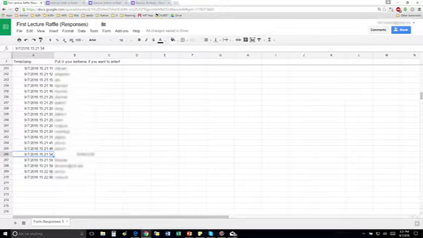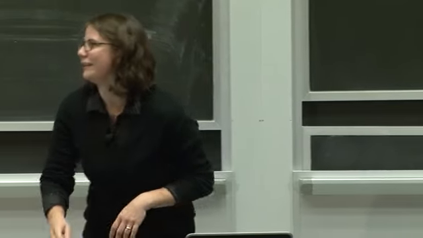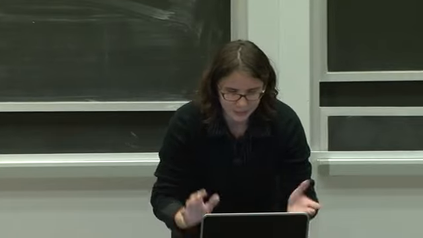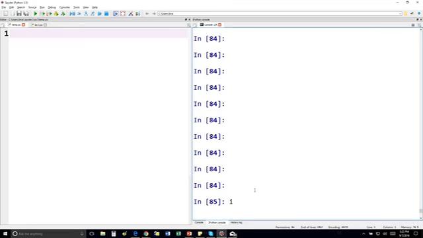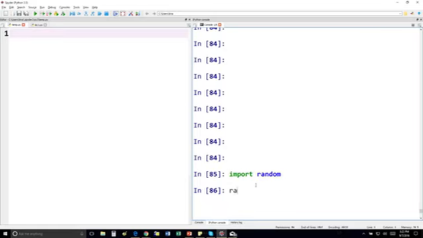Oh, we just got, okay, I'm going to cut it off right here, 271. Okay, 16 and 271. Perfect. So I'm going to choose a random number, so I'm going to go to my IDE, and you don't need to know how to do this yet, but by the end of this class you will. I'm just going to use Python. I'm just going to get the random number package. That's going to get me a random number. So I'm going to say random.randint, and I'm going to choose a random number between 16 and 272.